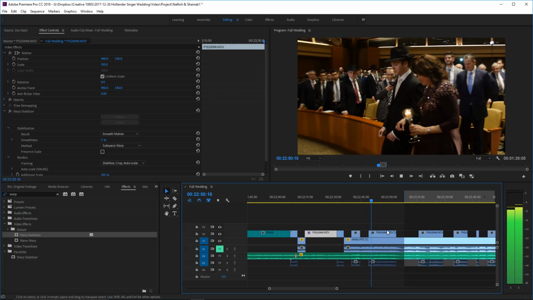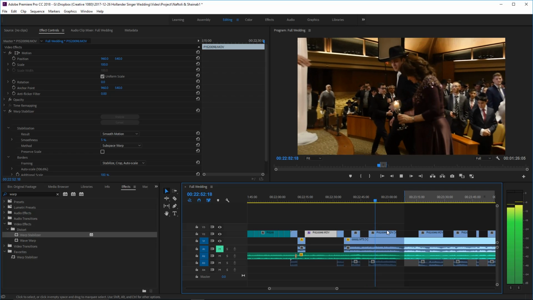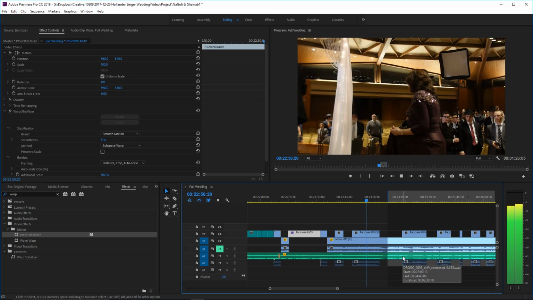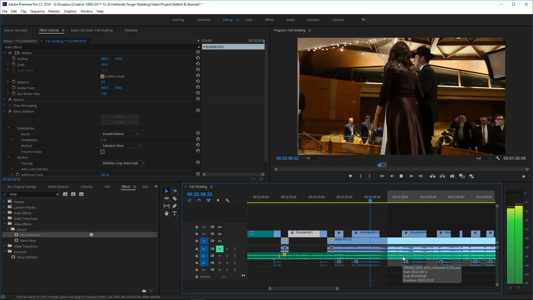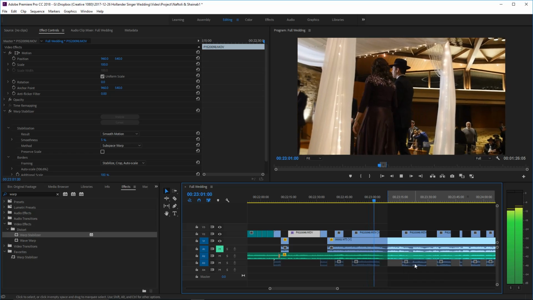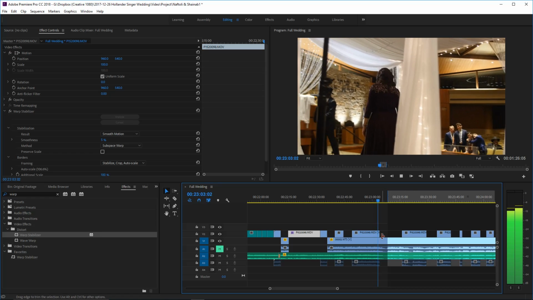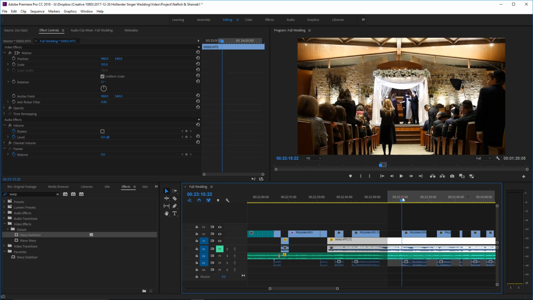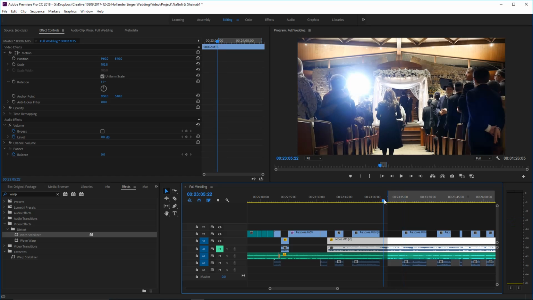And you just have to make sure when you watch through the clips that the clips make sense one after another. They tell the story. We're not just using the second camera as a crutch to fill things in. We're using the second camera as an asset to help us tell the story.